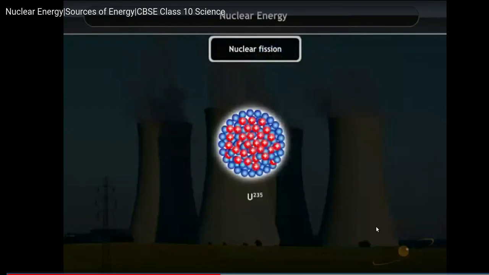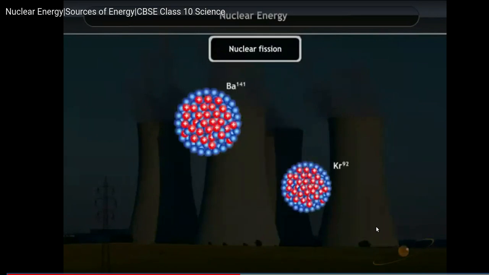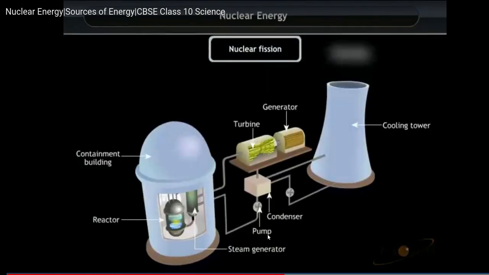We control the fission reaction. In this reactor, in this containment building where we will keep it, the nuclear fission reaction will happen, and it will release a lot of energy. That energy, again, we use the same way. We pass water and use the energy to heat up the water so that it becomes steam, and this steam is used to turn the turbine, which is connected to a generator. The generator converts the turbine's rotation into electrical energy.